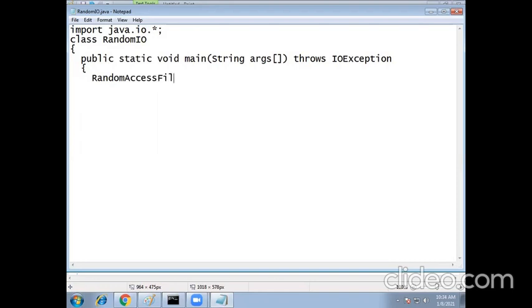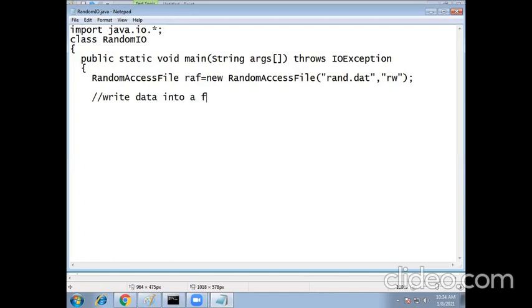Now let us create a RandomAccessFile object. RAF is equal to new RandomAccessFile, and my file name is random.dat. You can give any extension, okay? And this is used for both read and write operations. Now first write data into a file.